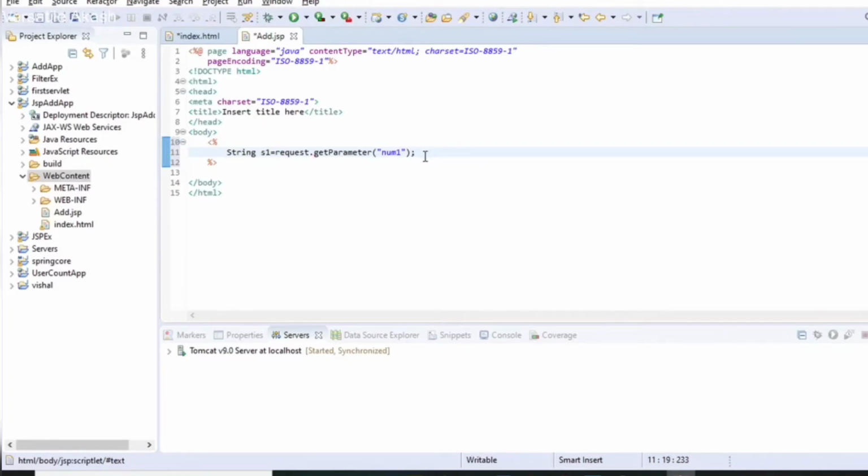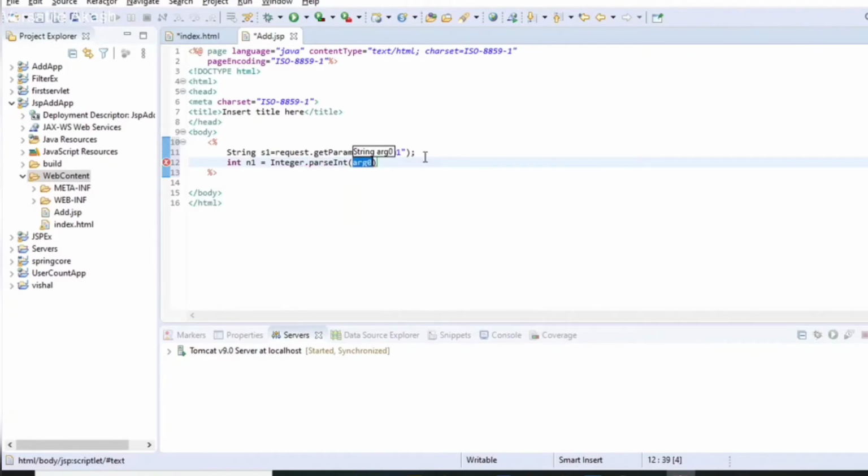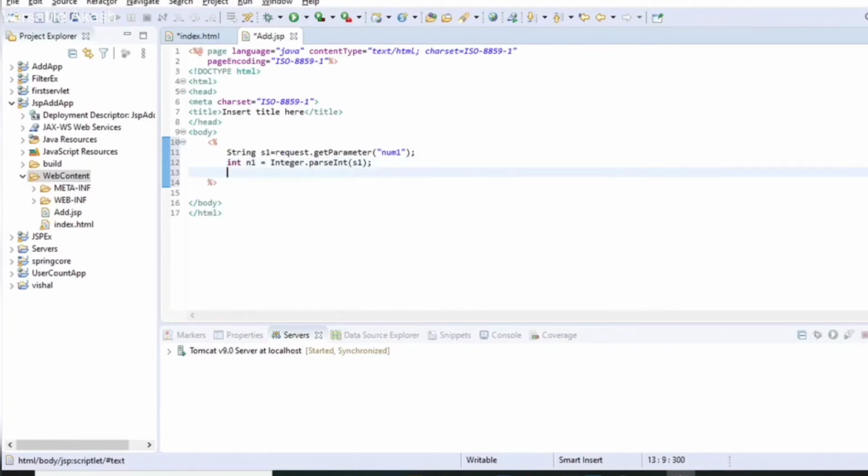Then we will parse the string s1 into the int n1, because the data entered by the user will be a number. So parsing s1, it has been done. For the second parameter, just copy it, paste it and change the names.